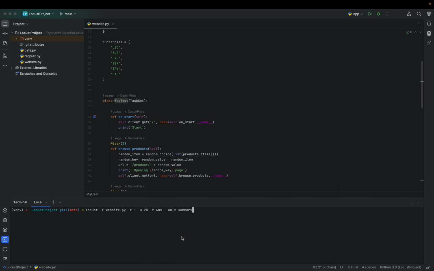Okay, so now to run it, we're going to look down here in the terminal where you see locust -f website.py and -r 1 -u 20 -t 60 and only summary. This is going to run my website file with 1 user per second being spawned, 20 users, and it's going to run it for 60 seconds. So if we start it,